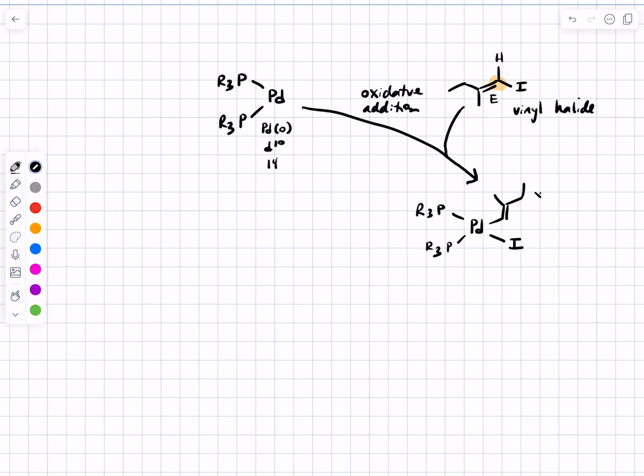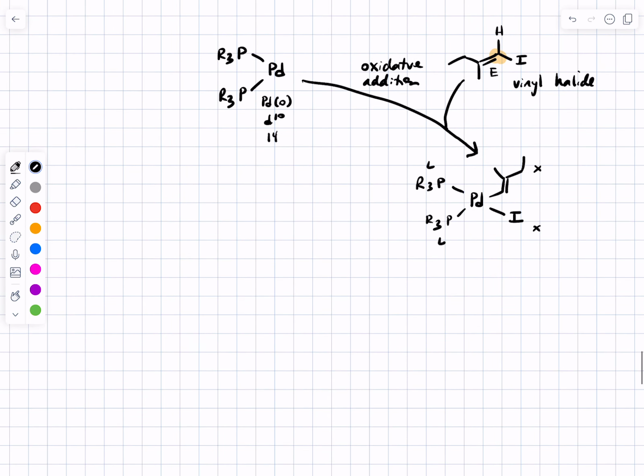We now have 2 X-type ligands and 2 L-type ligands. So this complex overall is now a palladium 0 complex, or rather, sorry, oxidative addition. The overall complex is neutral. Now this is palladium 2. It now has 8 d electrons, but 16 total electron count. And that's important because the next thing that appears to happen in the Heck reaction